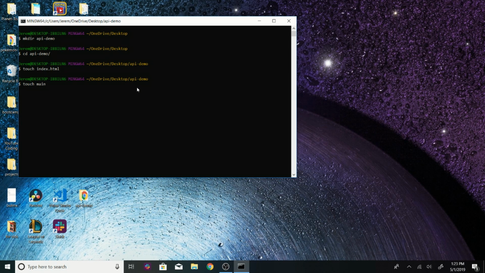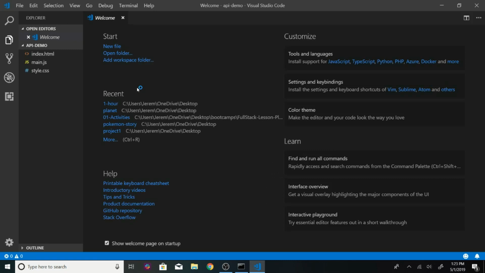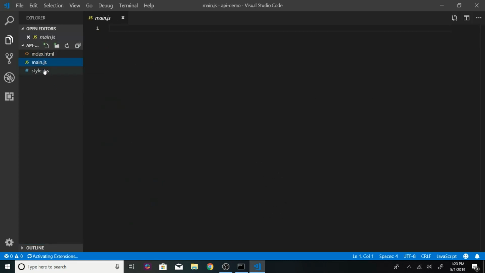I'm just going to do a style.css and main.js. Okay. Then I'm going to type code and open that in VS Code. Cool. So we have our index, main.js, and style. Then I'm going to go to